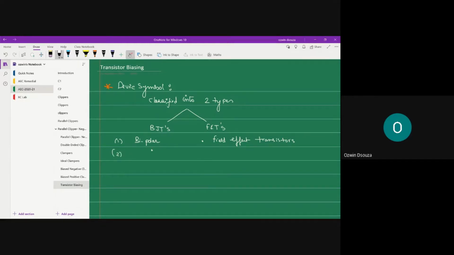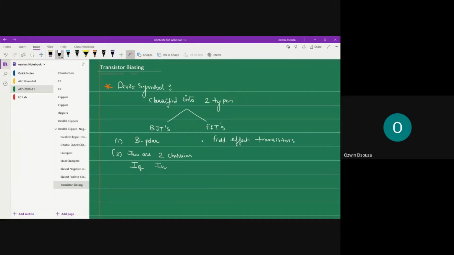Now, what do you mean by bipolar? Bipolar means bi means two, right? So basically in transistors, there are two charge carriers. In a sense, there will be a flow of electron current and there will be a flow of hole current. Hole current in the sense the manner in which the electrons are getting filled in the vacant space in the crystalline structure. Okay, so there are two currents, electron current and hole current.